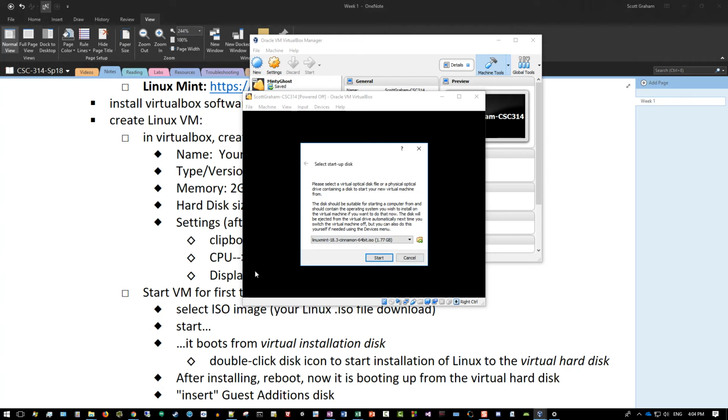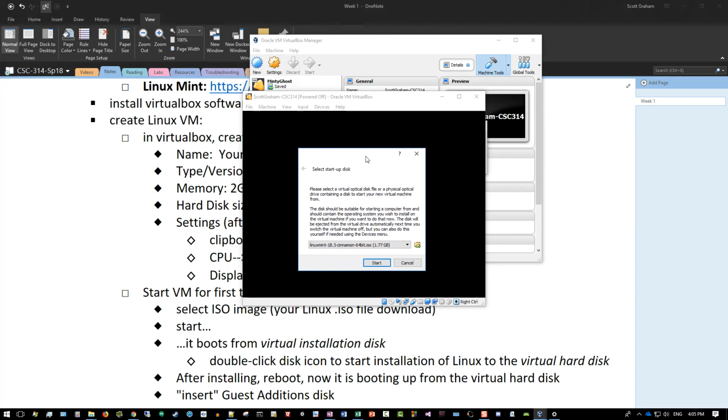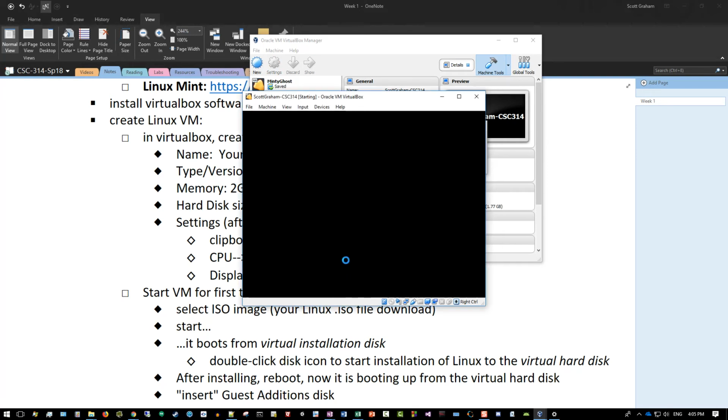So if for some reason you forgot this step, just start over, create another new virtual machine, and remember this step the next time. Nice thing about virtual machines, you can create pretty much as many as you want. They're really just data files on your computer, so you can't hurt anything. If you mess a virtual machine up, you can just create a new one and so forth. So at any rate, click start here